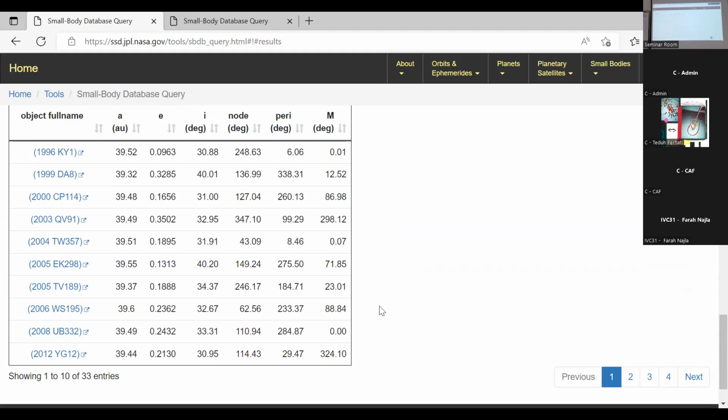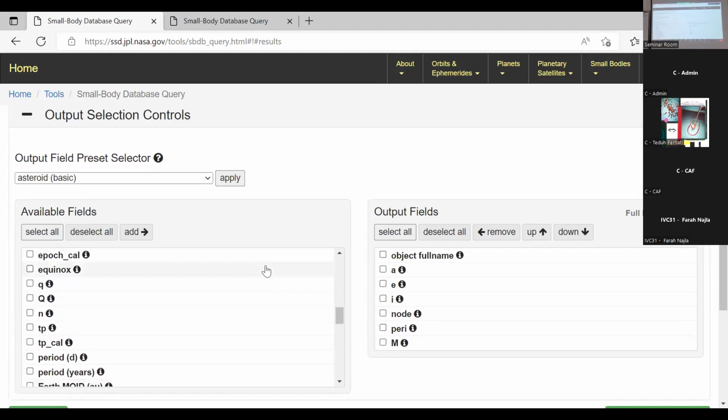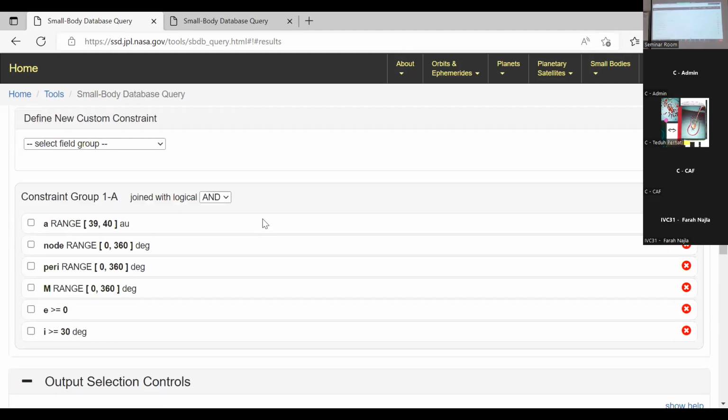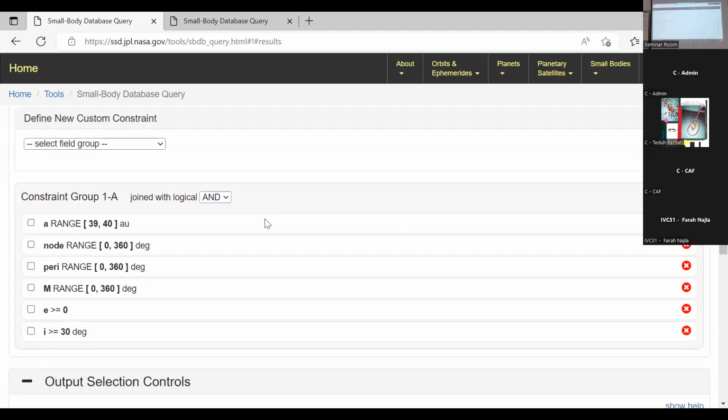Yes. I have a question for the custom object or auto constraint part. Are there default constraints, or maybe I want to ask if we don't add perihelion, M and node constraints, are there any default constraints or not? Oh.